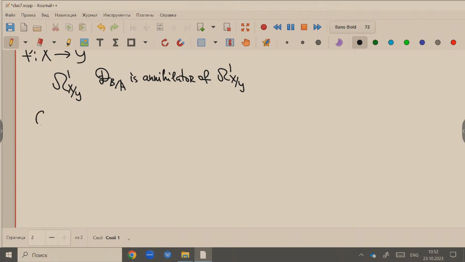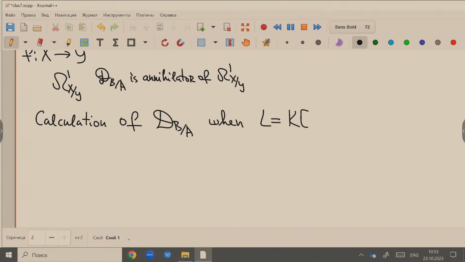So, the calculation of the different d of B over A in the case when L is obtained by adding only one element to the field,